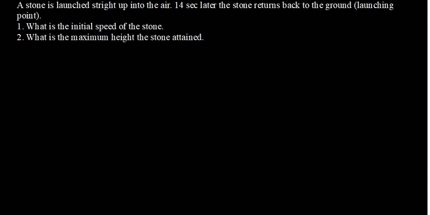Hello again with another example related to motion in one dimension vertically. I have a stone that is launched straight up into the air, so it's going upward. 14 seconds later, the stone returns back to the ground where it was launched. Now, I'm asking: what is the initial speed of the stone, and what is the maximum height the